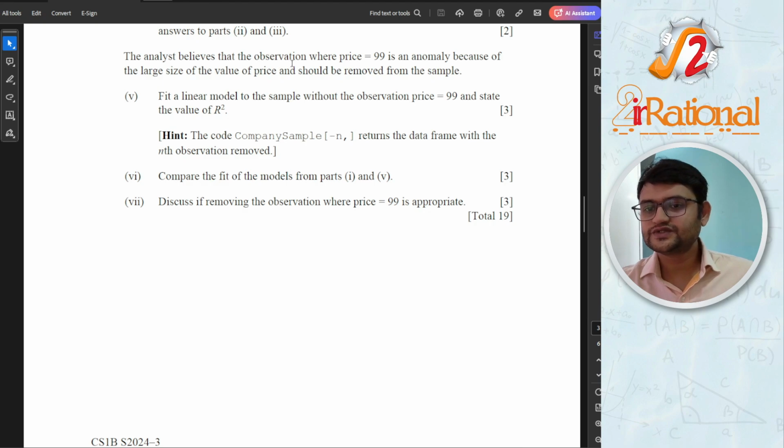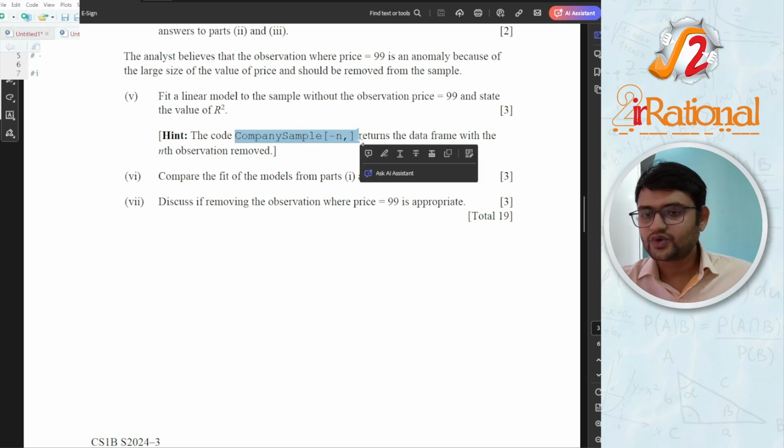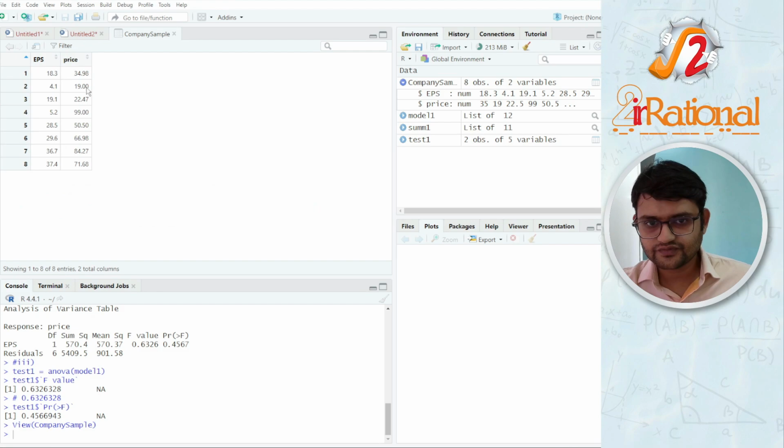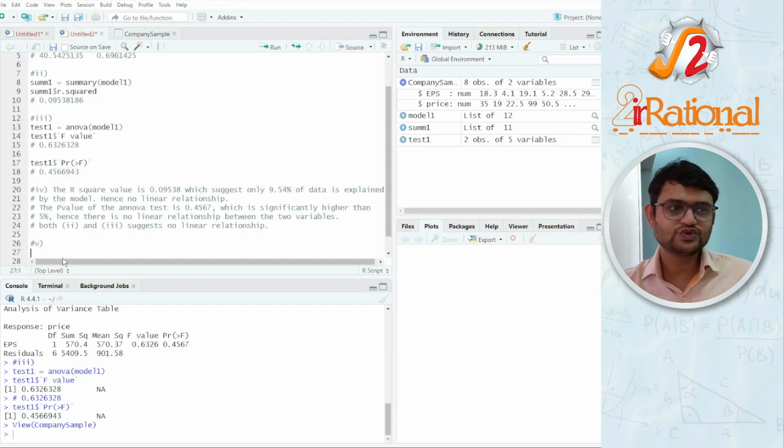The analyst believes that the observation where price is equal to 99 is an anomaly because of the large size of the value of the price and should be removed from the sample. Fit a linear model of the sample without the observation price equal to 99 and state the value of R square. They have given you even the hint how to remove the row. So you can see here from the data that we have price 99, that is the fourth row. So you can directly remove the fourth row, or if you don't want to assume that the fourth row is